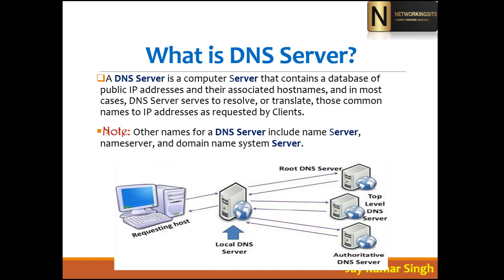stored. So whenever any computer is trying to communicate with any public server, the request will go to the DNS server and it will say, okay, I'm looking for so and so. So the DNS server will say, okay, you are looking for Google, this is the IP address of Google. Then your local system will take that IP address and reach the Google server, and then it can start communicating with that one.